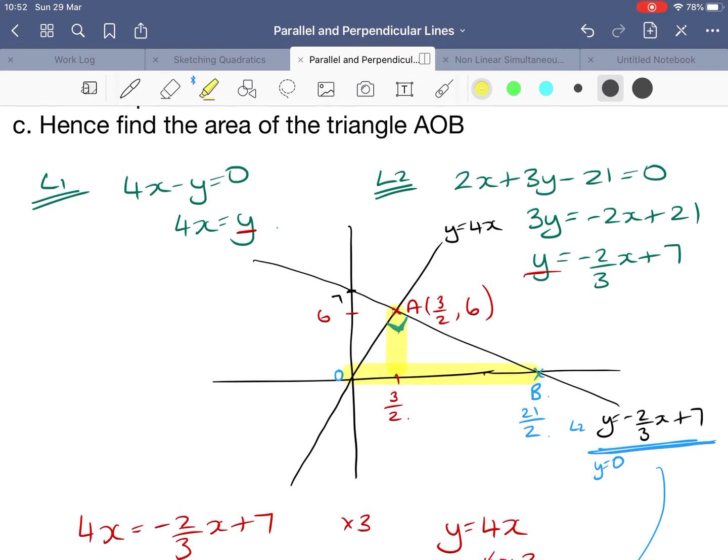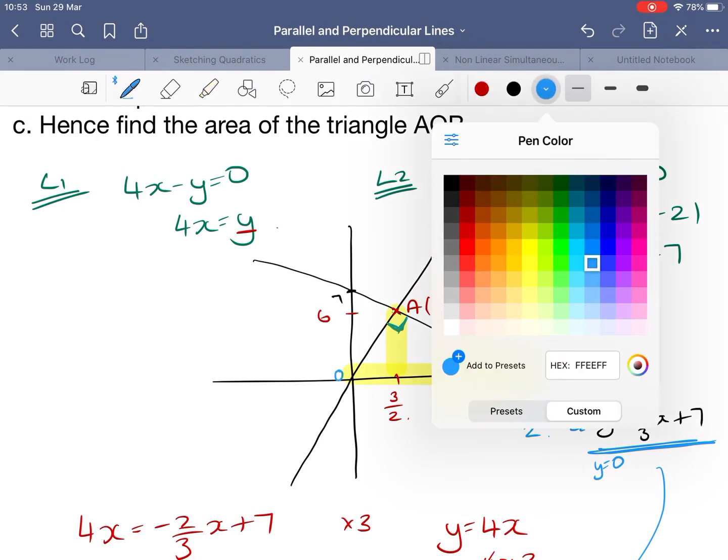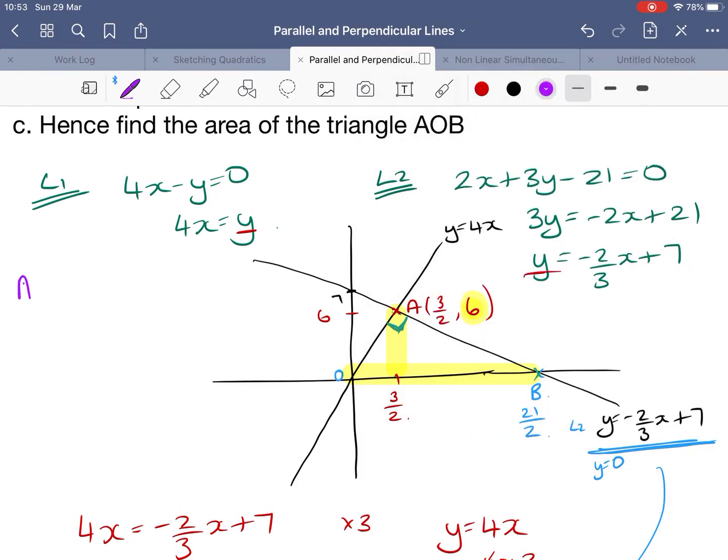the area of a triangle is a half base times height. And in this case, we know the height of this triangle is 6, because we know the coordinates of A. We know it was 3 over 2 across and 6 up. So in this case, the best way to do this would be to say, and I'll do it in the top corner over here, the area is going to be a half base times the perpendicular height, and in this case